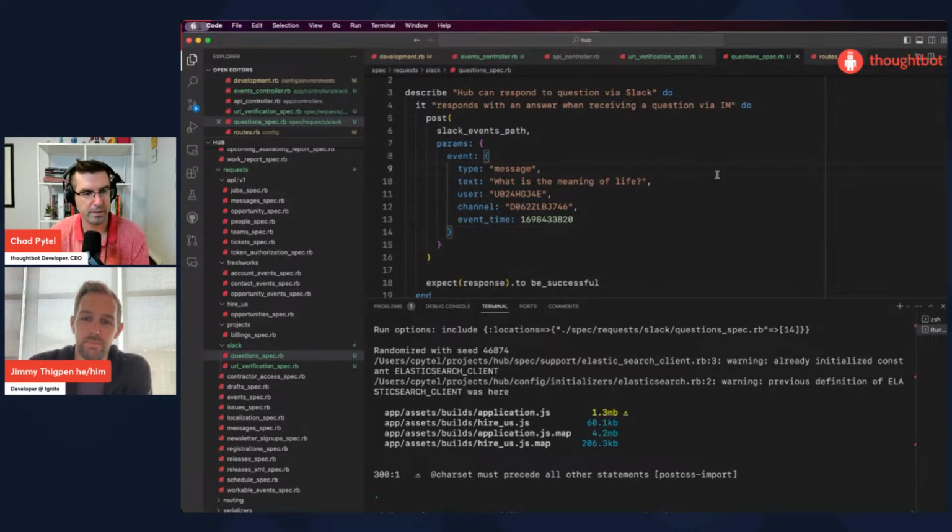Yeah, what we're doing, if you're just tuning in, we are making a new Slack bot inside of Hub, which is our internal system. Right now, that bot is only used for broadcasting things, and we're going to make it so that you can ask that bot questions, which are going to be answered via a ChatGPT system that we created to answer questions off of our internal documentation. Actually, it's not just internal documentation. It also looks at our public guides and our public playbook, so you can ask it questions about that stuff too.